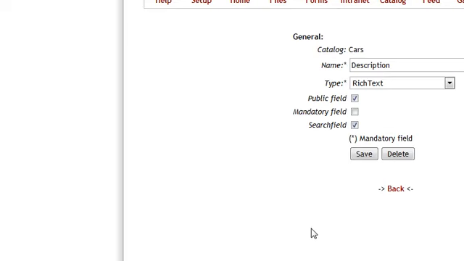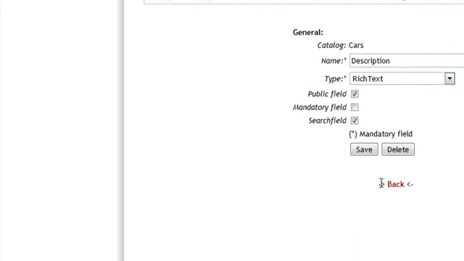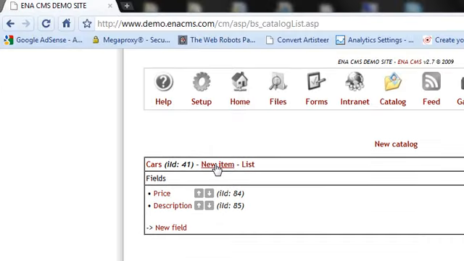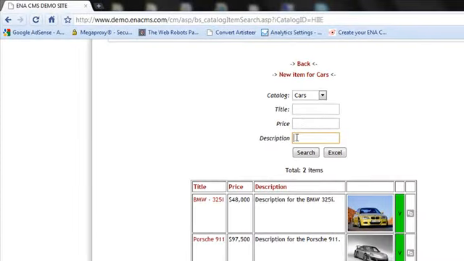The description is also a search field, and the type is rich text as opposed to a text field, and you're going to see in a second. If you want to add a new item to the catalog, you click new item. If you want to see any of your existing items, they're over here. Those are the three search fields